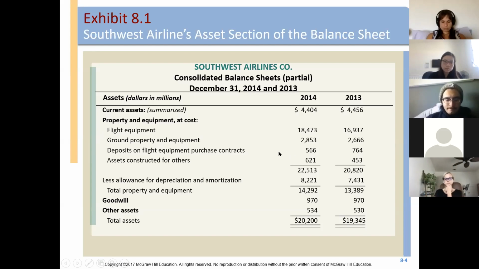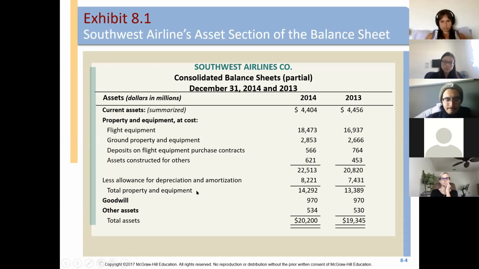When they order a plane, it takes a couple of years to build a giant 747. So they have some beginning payments to make, upfront payments. And then assets constructed for others. For example, Southwest Airlines may have built a particular machine that they gave to Boeing to use, something that's specific to them. You subtract the